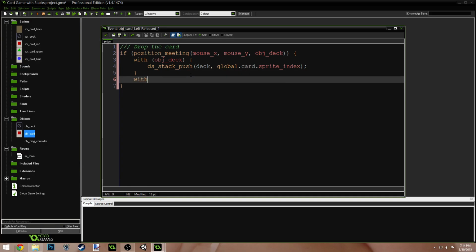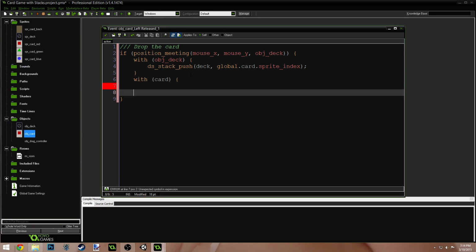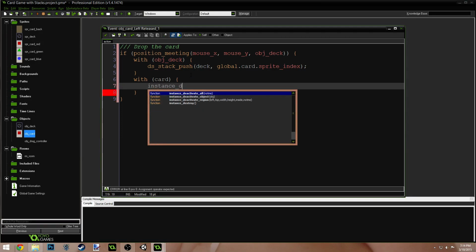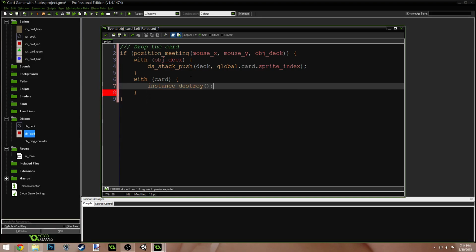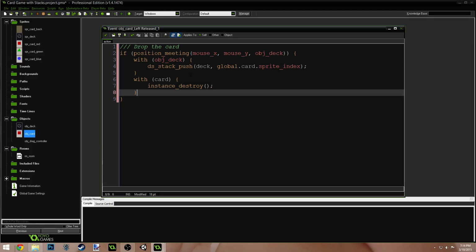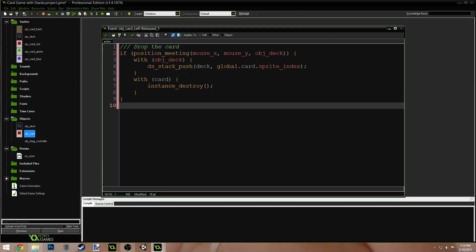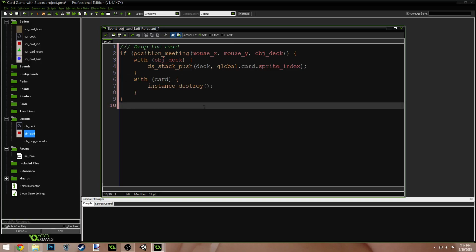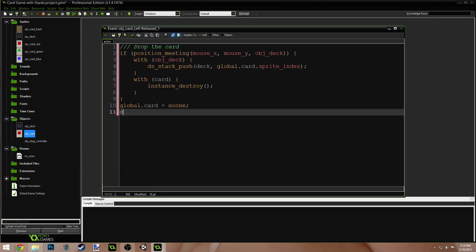So with card instance destroy. There we go. Okay. So if we are over the deck, then add our sprite into the data structure that is the deck, and then destroy the actual card because we've stored the information we need about the card, which is just the sprite. Then we need to do global.card equals no one because the card's gone now, and we need to set its depth